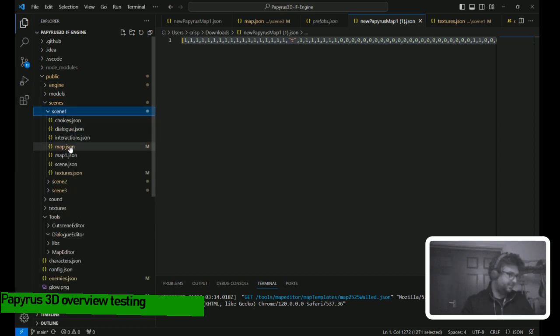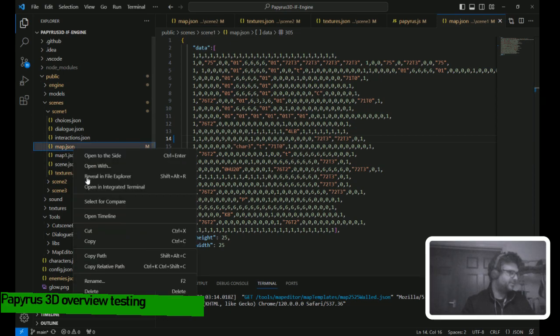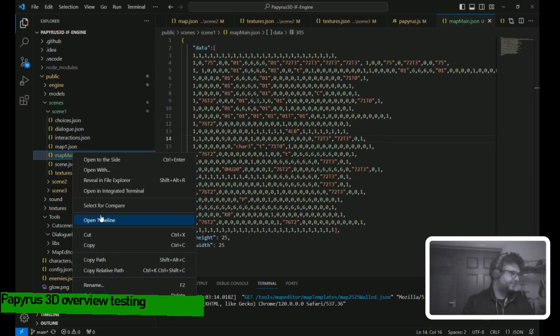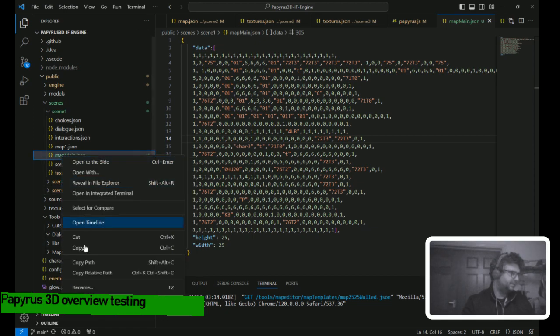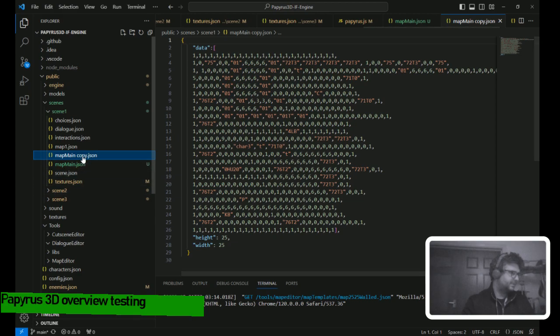I'm going to go scene 1. This is like the working prototype map. I'm just going to rename that to main or something. I'm going to create a copy of it, and I'm going to paste it in here. There we go.